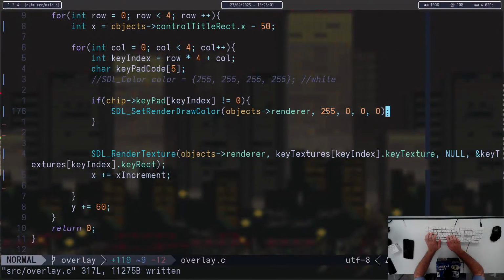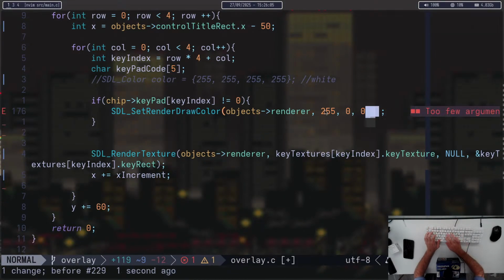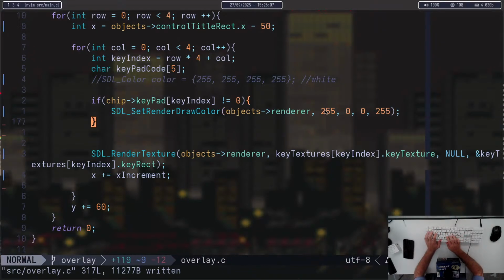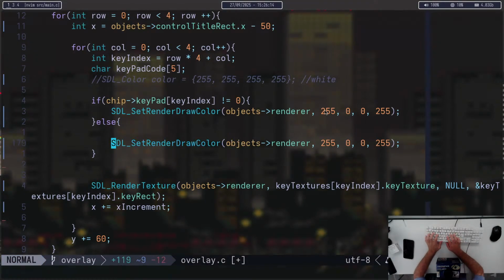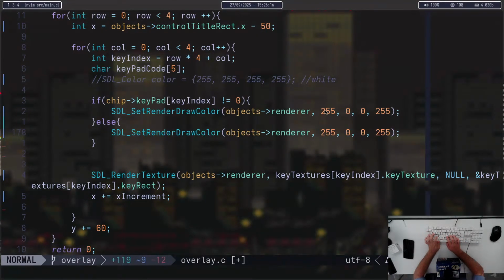Right, so that this is red, and then actually 255, great, 255, otherwise it's not gonna draw anything. So I'm just gonna keep everything white,